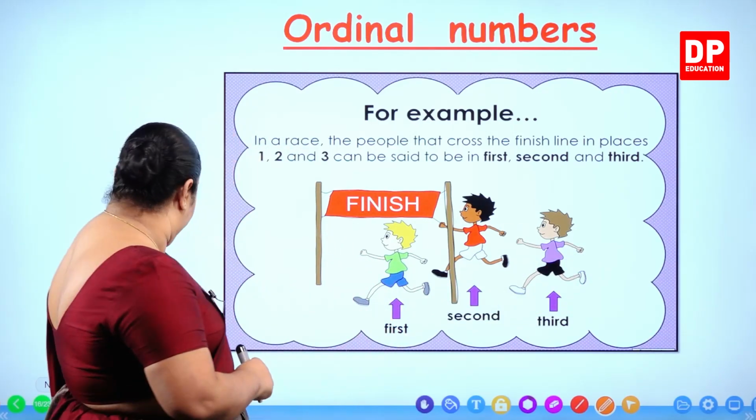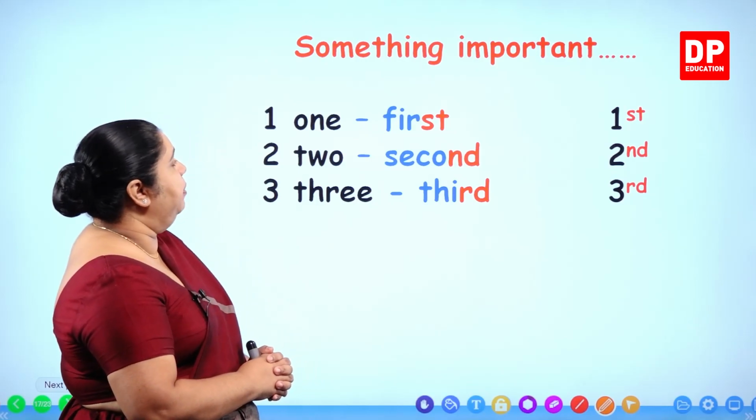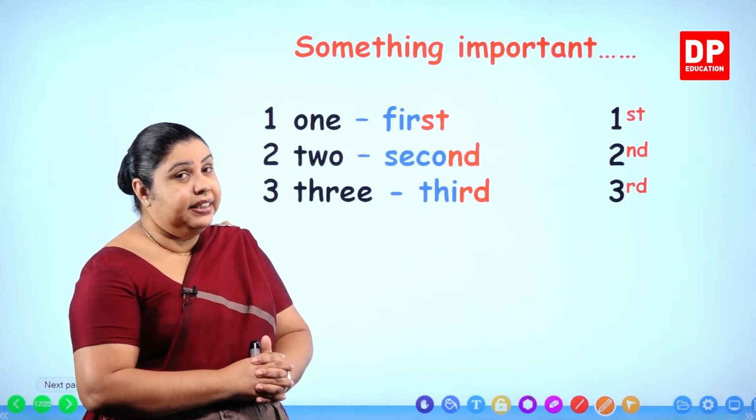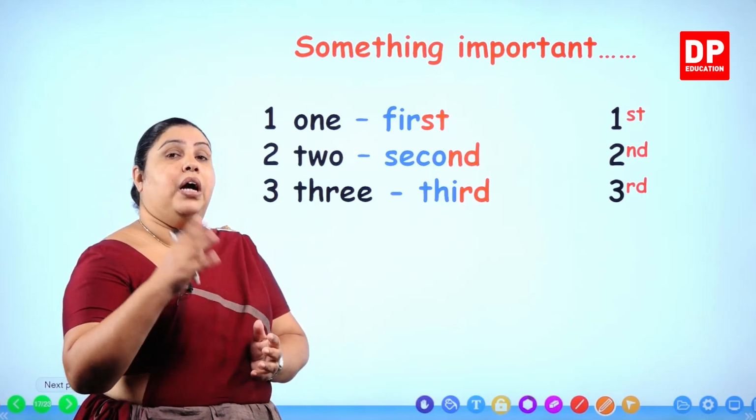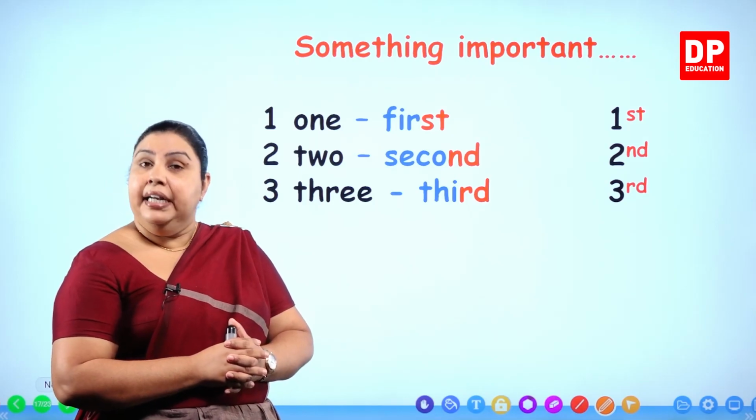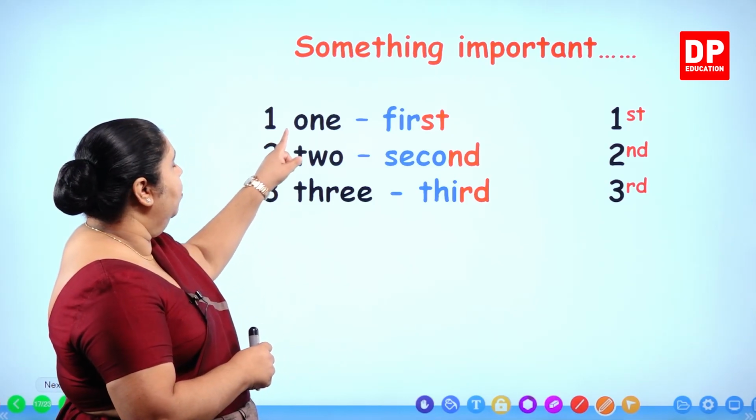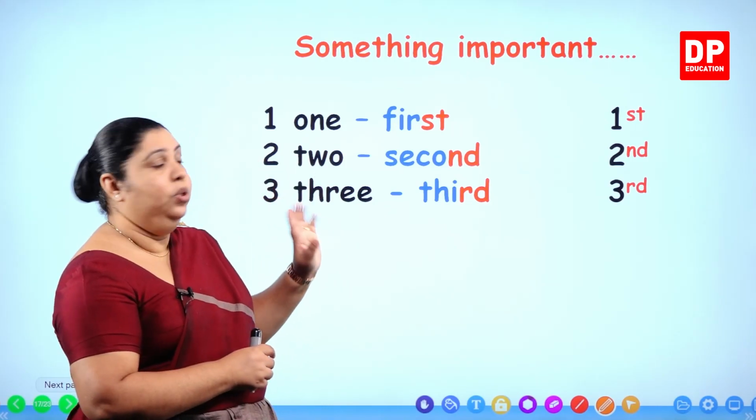Let's move on to our next slide. Look at this. This is something very important that you have to remember. ඔන්න පුතේ දැන් අපි කතා කරේ first, second, third කියන්නේ කොහොමද කියලානේ. ඔන්න this is how we write. Now we have learned how to write numbers up to number 10. Number 1 ONE 1. Number 2 TWO 2. Number 3